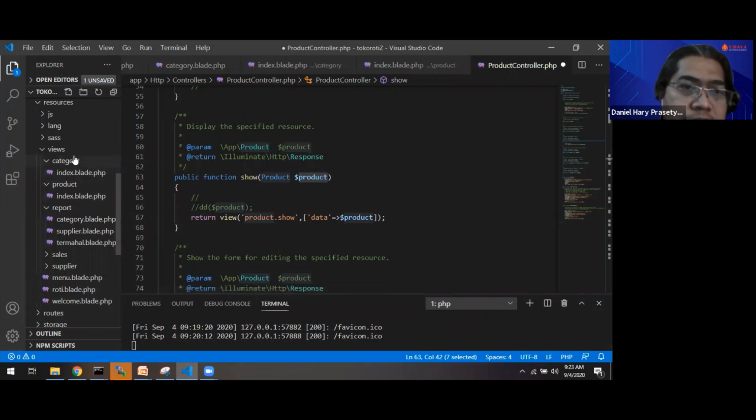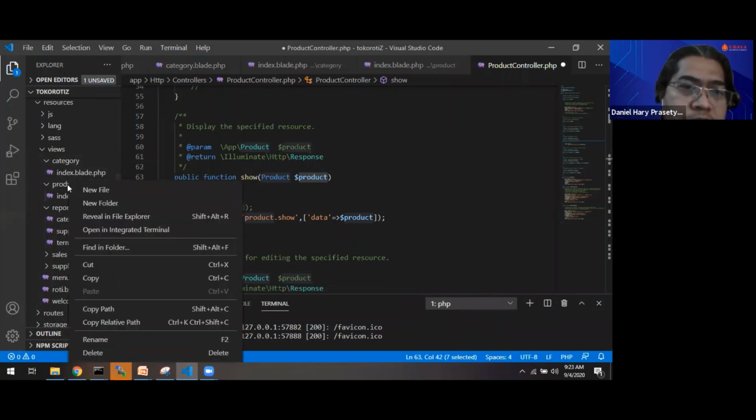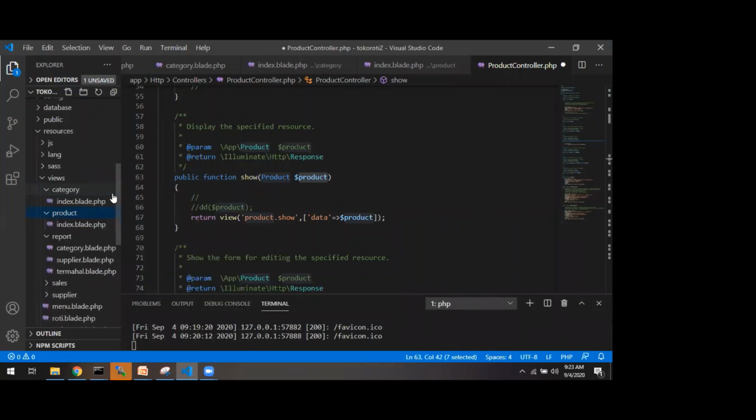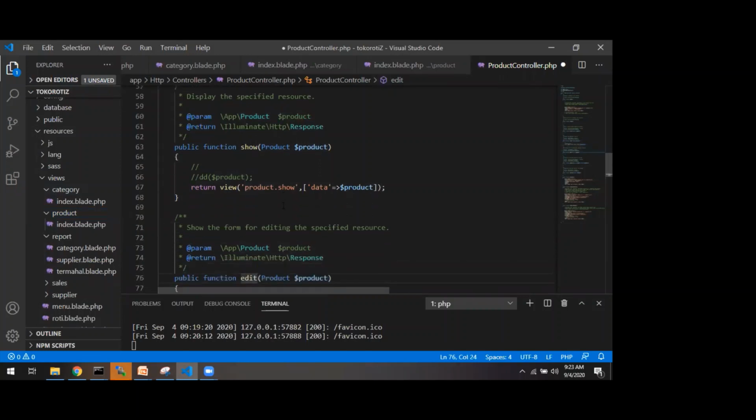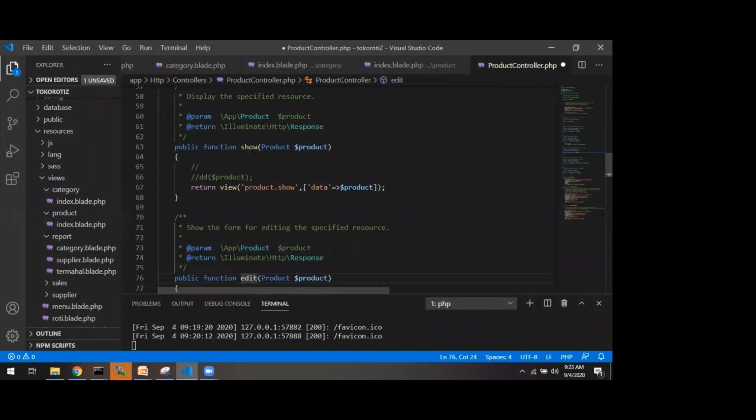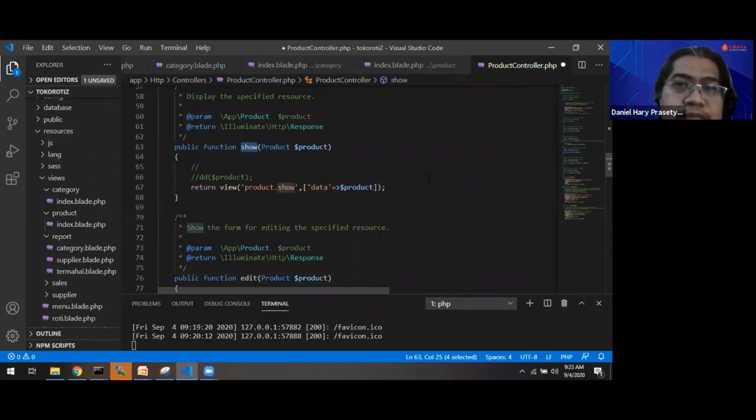We create show.blade.php here. Show is called when we have the slash /ID, /product ID. It's automatic because we use resource.